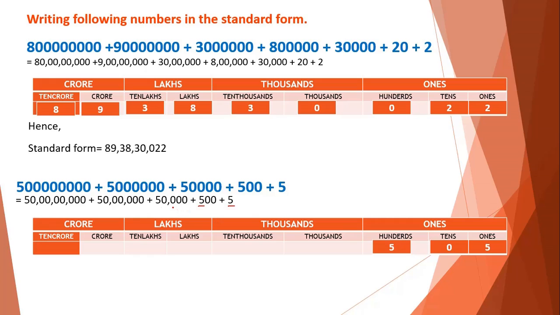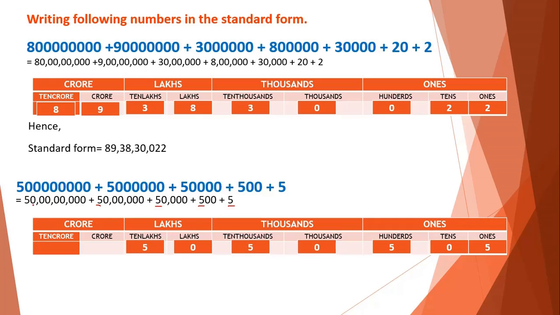Next number they are given is 50,000. Again they are not given the thousands place, therefore I will write 0 in the thousands place. In the 10,000s place they are given 5, therefore I will write 5 in the 10,000s place. Next number is 50 lakhs. In that again I will skip the zeros. I will look at the non-zero digit, that is 5, which is in the 10 lakhs place, which means they are not given the lakhs, therefore I will use 0 here. 5 I will write in the 10 lakhs place.